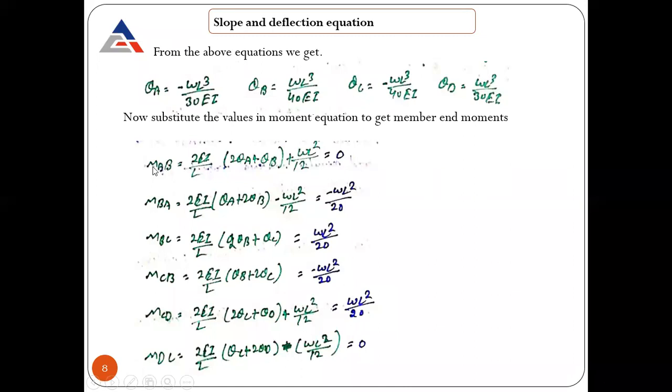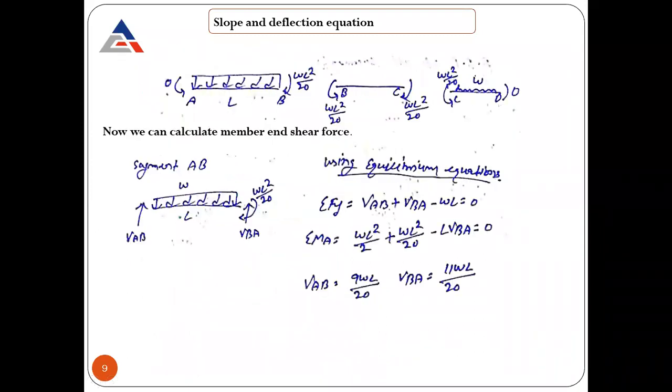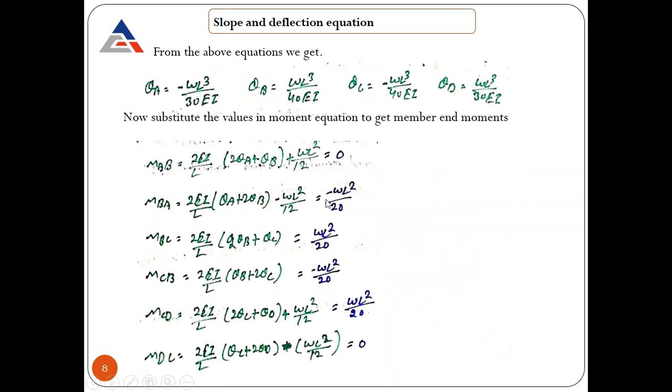So these are the values of bending moments. Now the bending moments are calculated. Now we have to find out the shear force in the beam. Shear force means the support reactions that we need to find. So what are the support reactions? There were 4 unknowns, so let's try to solve them. Just put in here the value of bending moment. At this end the bending moment is 0. Now at this side, the bending moment is WL square by 20 that we calculated here, see, minus WL square by 20.